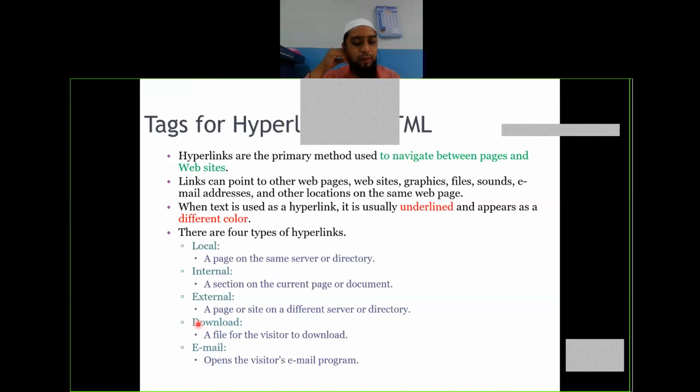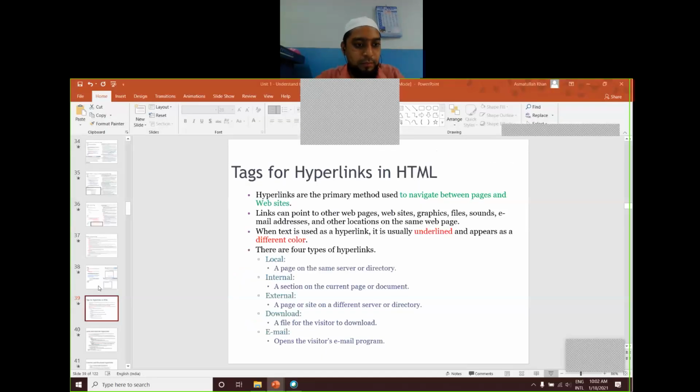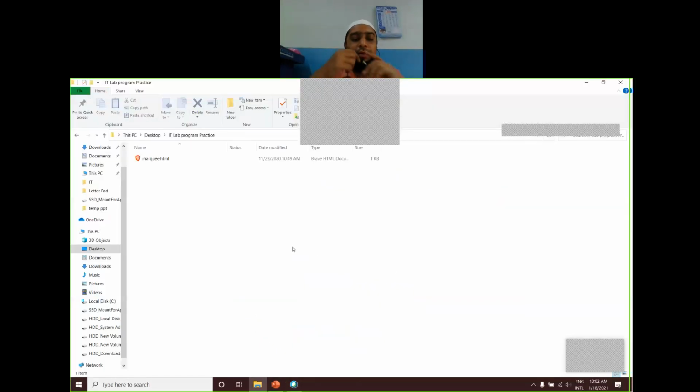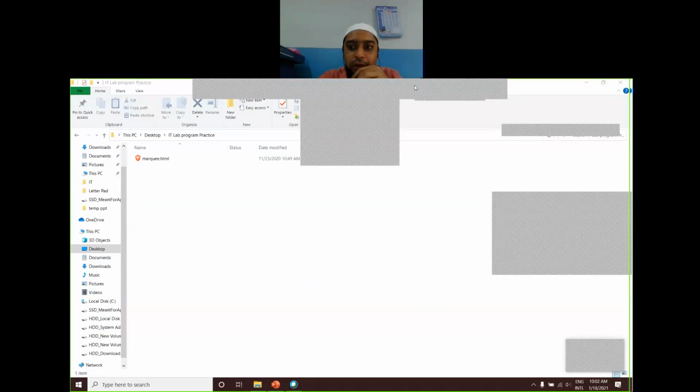For the programming, how many are present? Actually, 70 are there. Very good. For the programming, what I did is I created one folder on my desktop called ITLab programs. You can do the same thing.